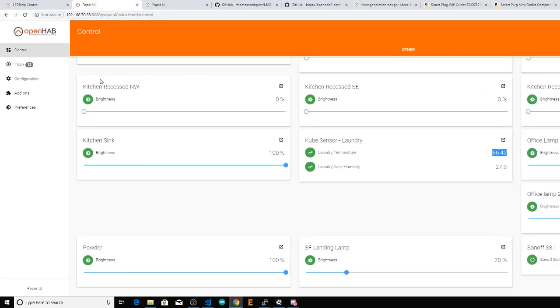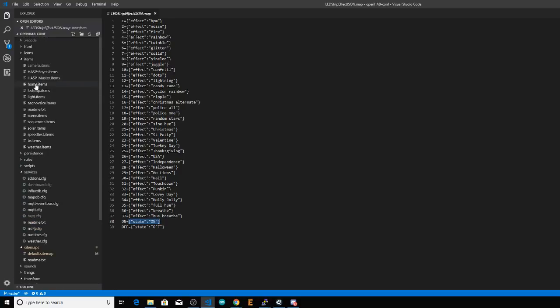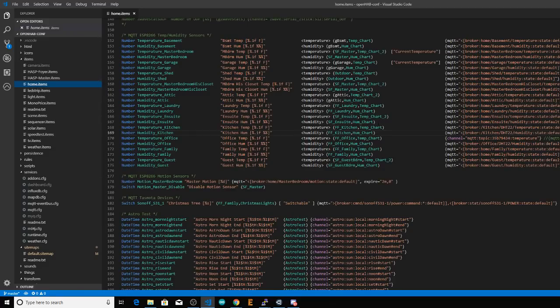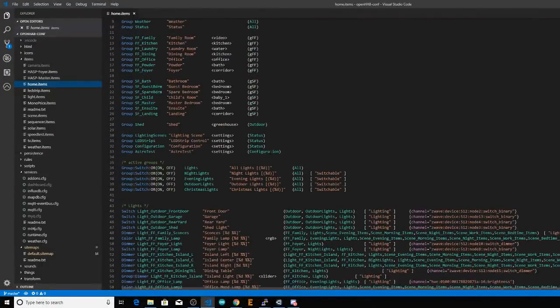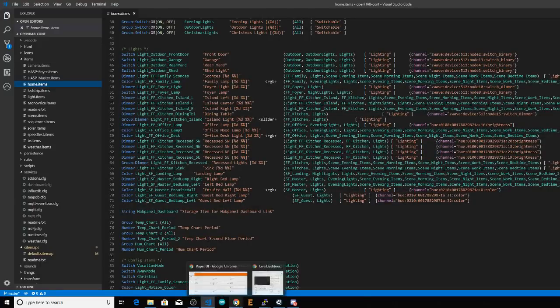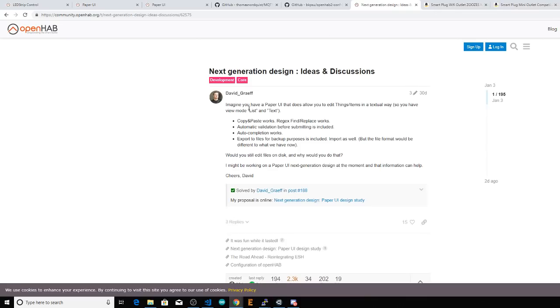It's not perfect. It's far from perfect, I think, right? I mean, there's a reason people like me prefer going to text files and doing everything from Visual Studio Code, right? Part of it is nostalgia, probably, from dealing with text files all my life for configuration, and just having a natural distrust of web pages or web UIs. But I think if the paper UI was slightly better, a lot more people would use it for just day-to-day configuration of their system. So David has taken on the task of coming up with a next generation design basically for